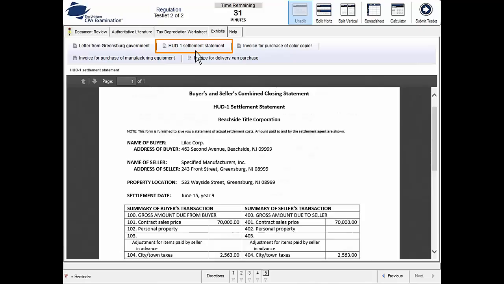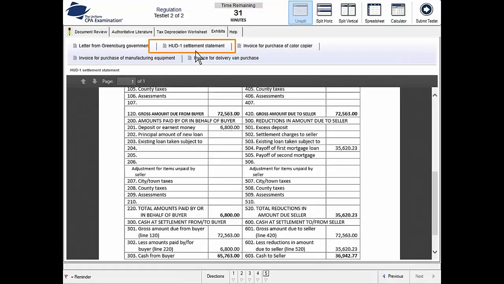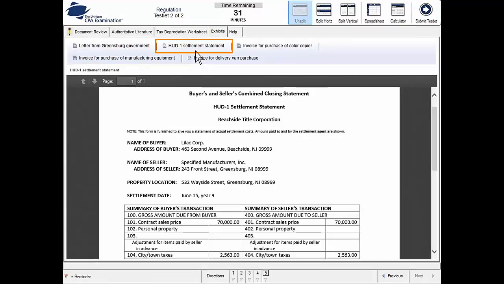If we scroll down and look at the bottom of this sheet, at line 120, the gross amount due from the buyer is $72,563. Now, let me just tell you something straight up. In the real world, and this drives me nuts, this problem drove me crazy. If you look at line 101, it says the contract price to purchase the property is $70,000. And if you look at line 104, the amount of taxes that the buyer is reimbursing the seller for is